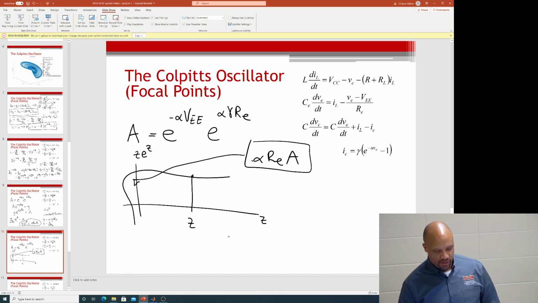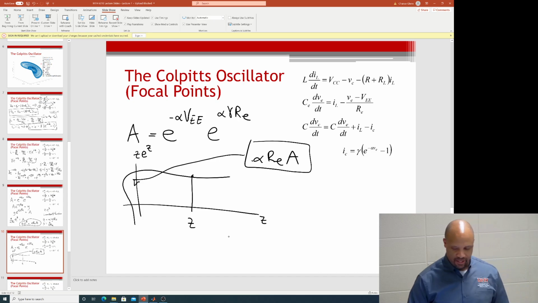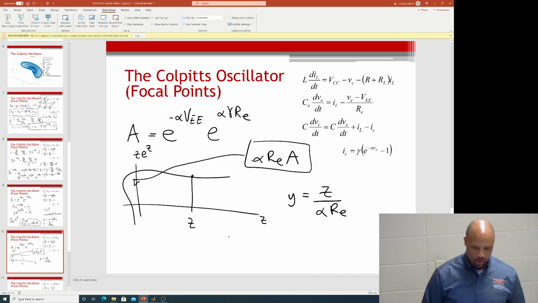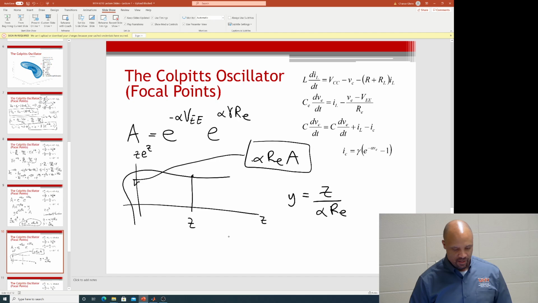And when you know what z is, then you know what y is, because remember, y is z over alpha re, and if you know what y is, then you can know what ve is,